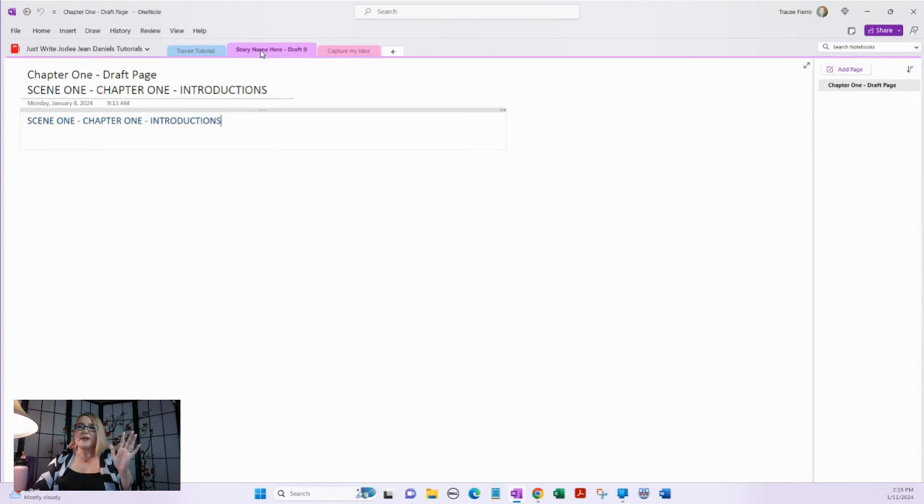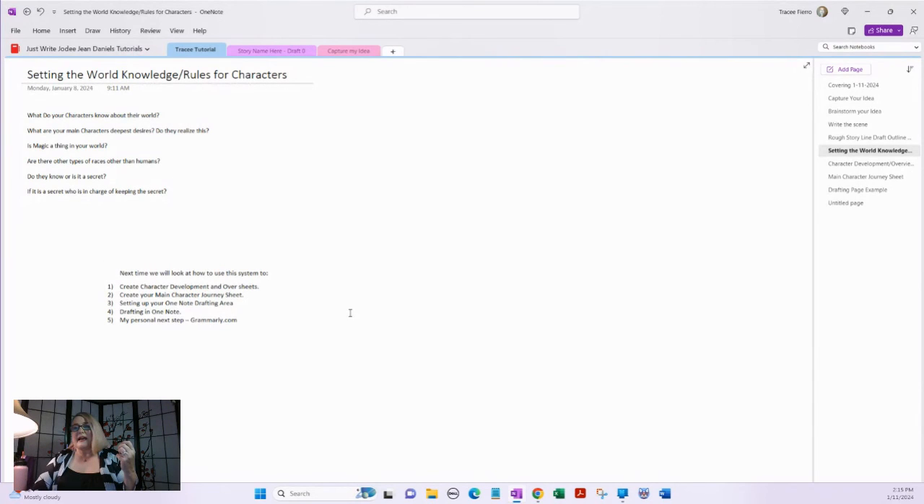So it's very similar to this. Scene 1, chapter 1. There you go. 0. I got it in my draft 0, and I'm ready to go. So I'll show you how to set one of those up. And then drafting actually in OneNote, where you are typing out a scene as a 0 draft, moving it to the side, and then going back and putting it in as a first draft, and then taking that first draft of the chapter or the scene and running it through my personal next step, which might not be for everybody,